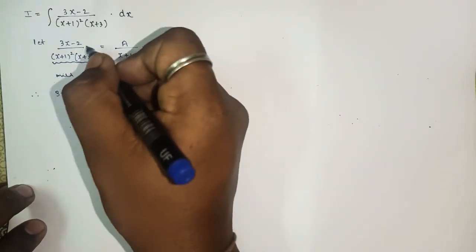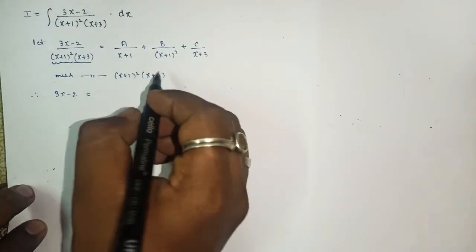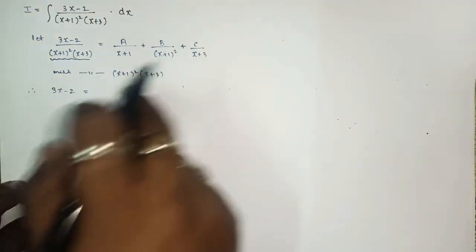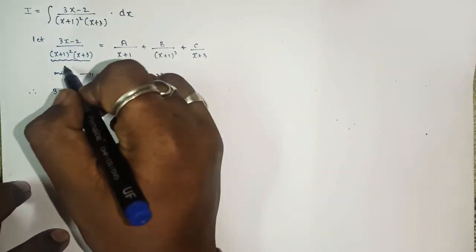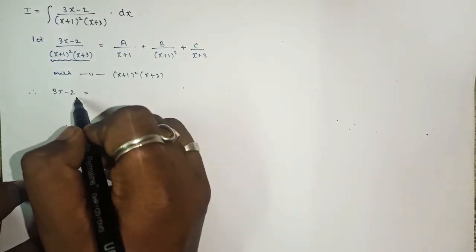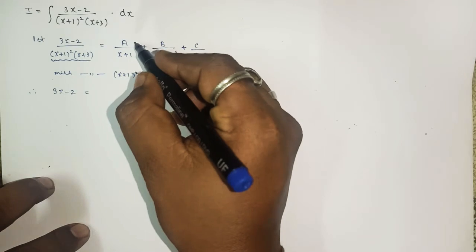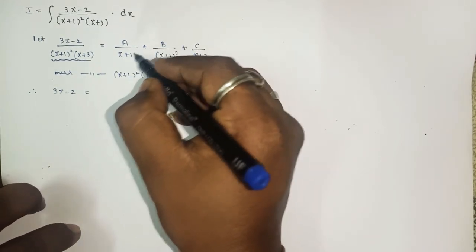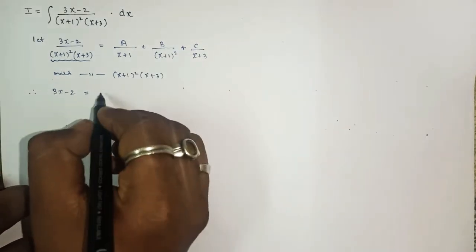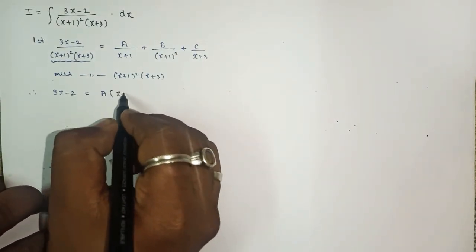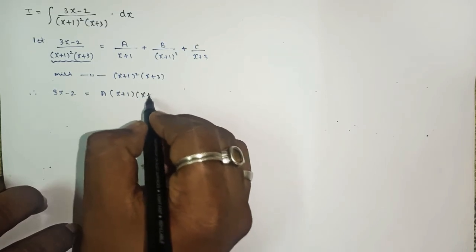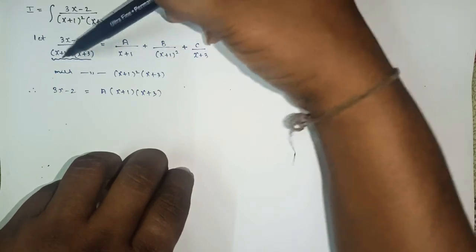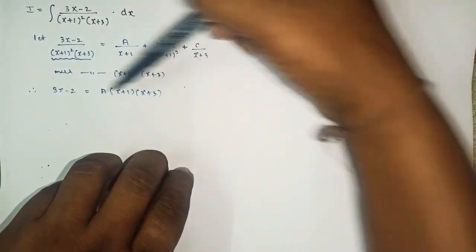So here of course this part will get cancelled. Okay, so I am not multiplying each and every term, just in mind you have to solve this step. It will get cancelled and here you will get 3x minus 2. For this term, if you are multiplying x plus 1 the whole square and x plus 3, so here one x plus 1 will get cancelled. So here you will be left with what? x plus 1 and x plus 3. Understood? As we are multiplying each and every term by this section to make the expression straight.